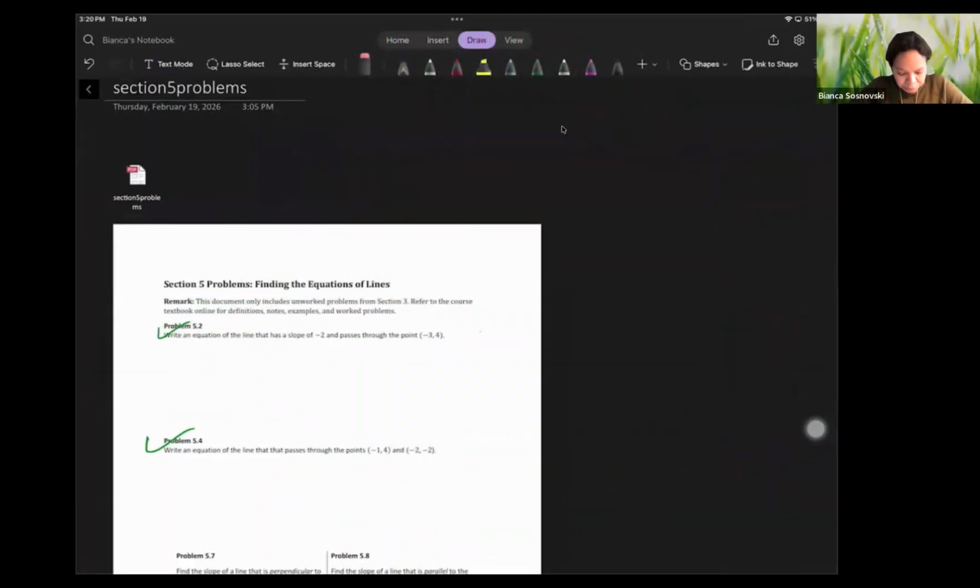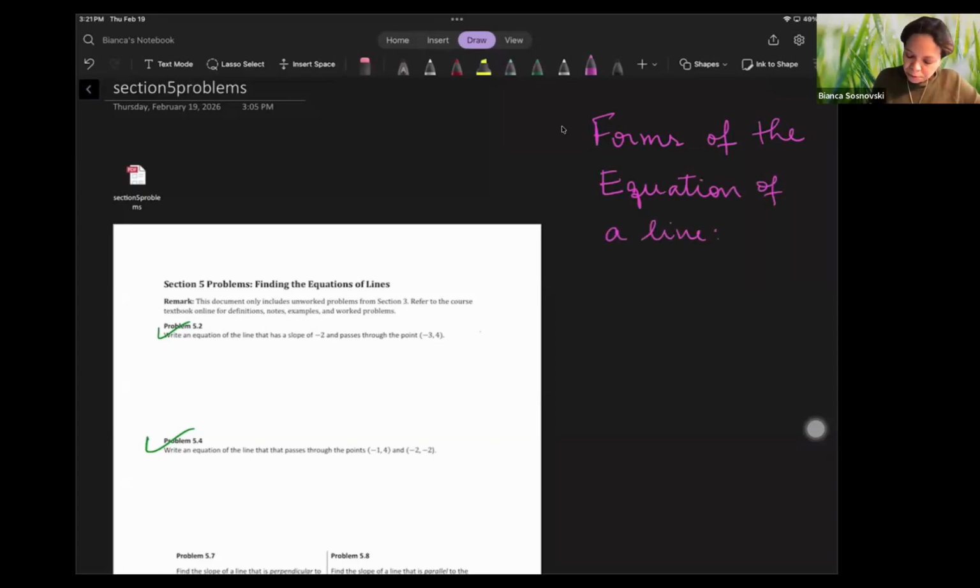All right, so section 5, writing equations of a line. Let me put the forms we discussed in section 4, the previous sections in the textbook. So forms of the equation of a line. We have the following forms. Again, the standard